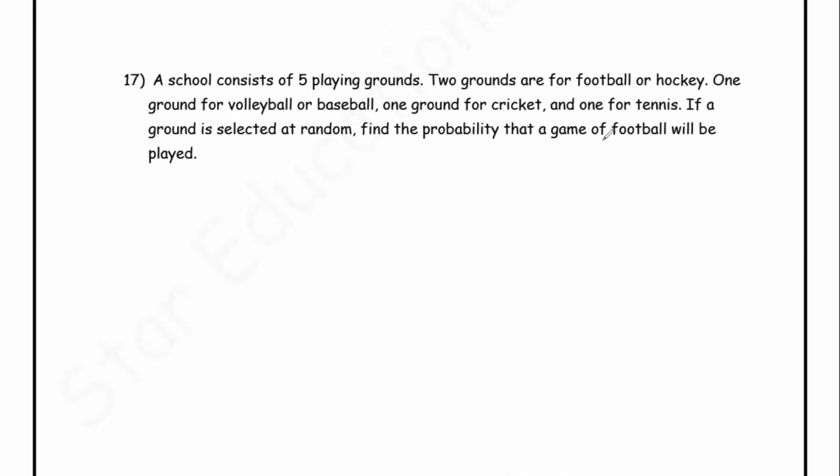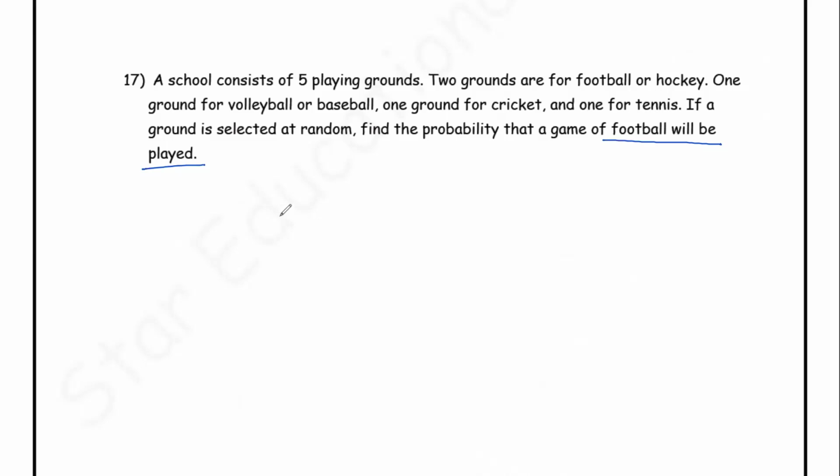So I'd like to correct this statement. Find the probability that a game of football will be played. Okay. So let me just rephrase this question. In the question, assume that if you're selecting a ground, then some game is always being played on that ground. So it's either football or hockey on those 2 grounds. And then there are the remaining 3 grounds where they have volleyball or baseball, one for cricket and one for tennis. So if a ground is selected at random, find the probability that a game of football will be